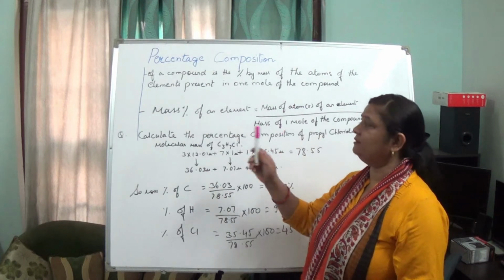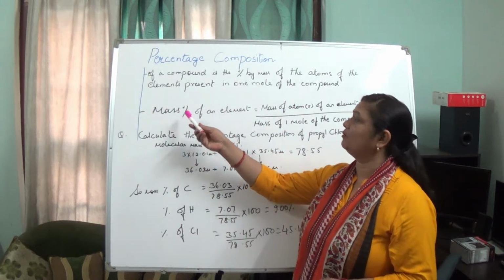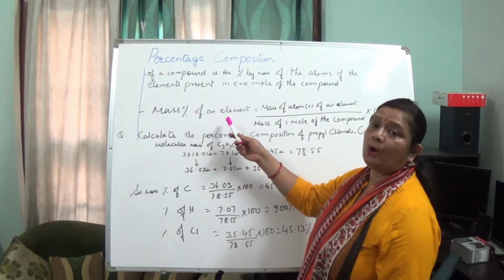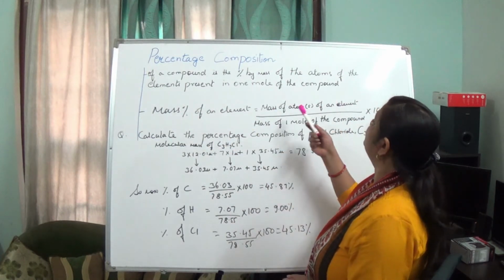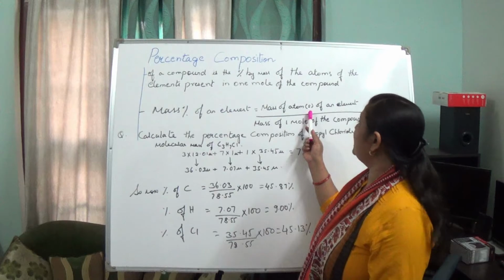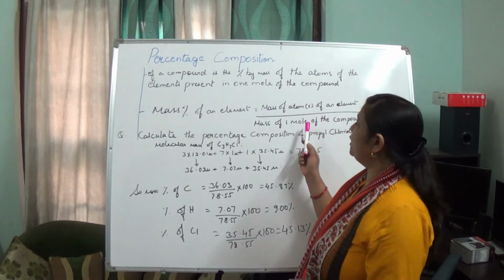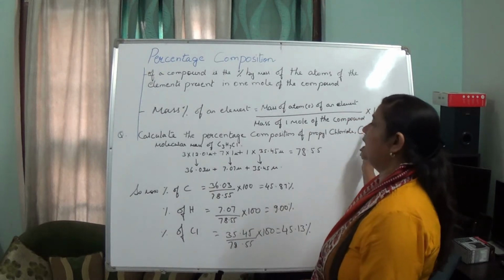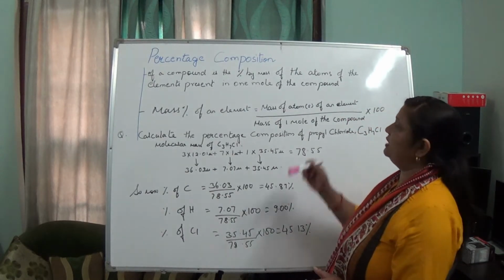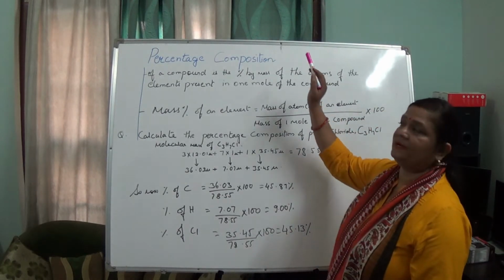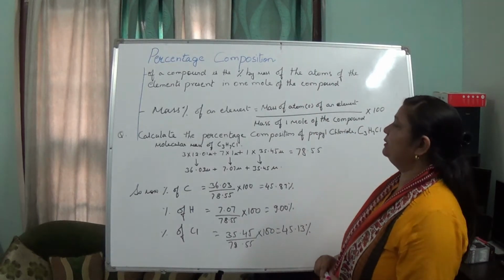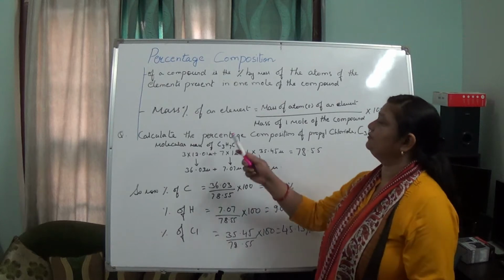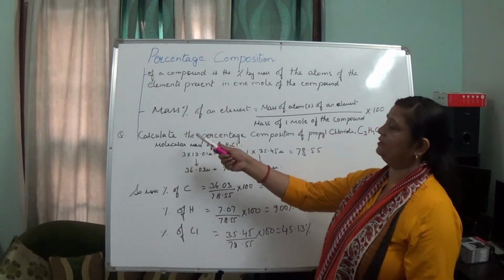Okay, for that the formula which is used is what? Mass percentage of an element is equal to mass of the atoms of an element upon mass of 1 mole of compound into 100. Okay, so this formula we are going to use for calculating the percentage composition of different elements present in the compound. Okay, so numerical I have taken for that.